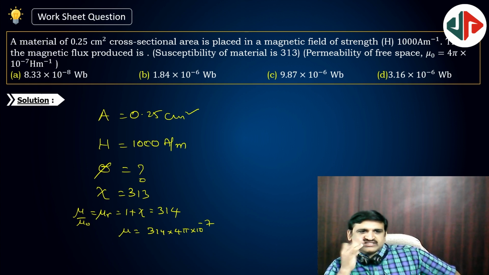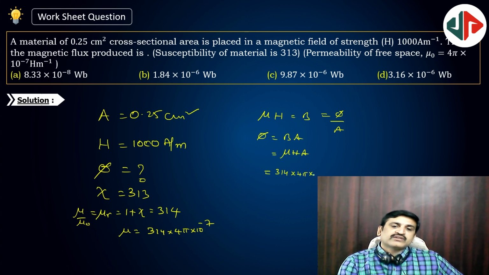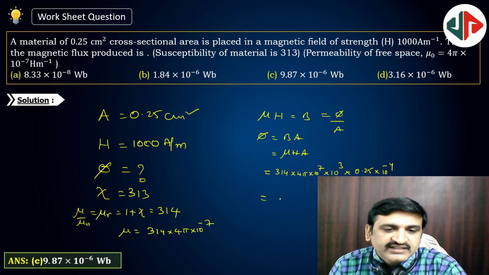Area, H, phi, chi. Mu we got, mu into H will be B. B equals phi by A. So what we want is phi. Phi is equal to BA, that is equal to mu HA, that is equal to 314 into 4 pi into 10 to the power of minus 7 into H value 10 power 3 into A value 0.25 into 10 to the power of minus 4, and its simplified value is 9.87 into 10 to the power of minus 6